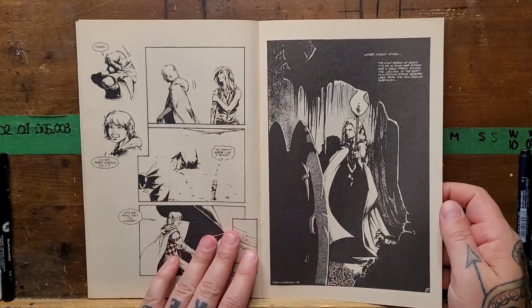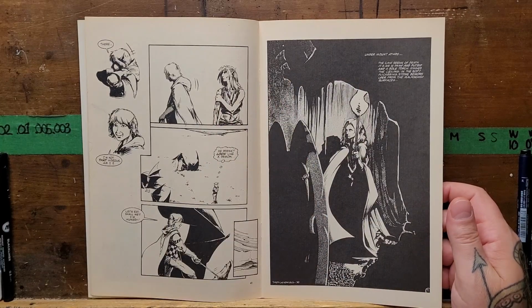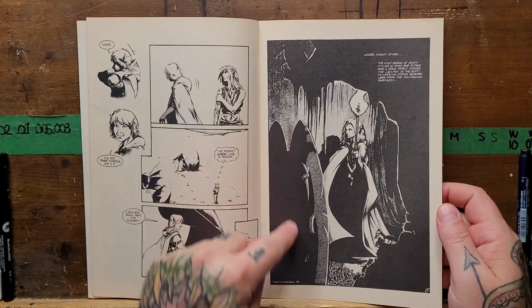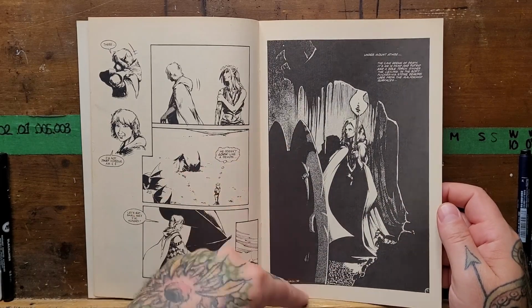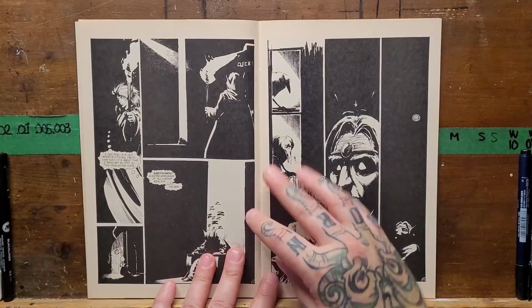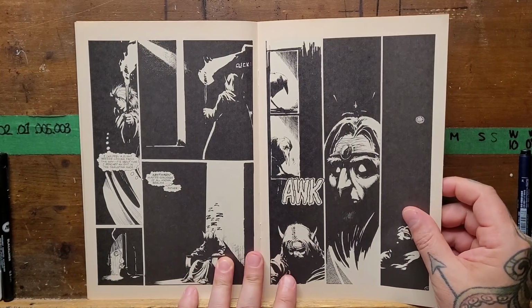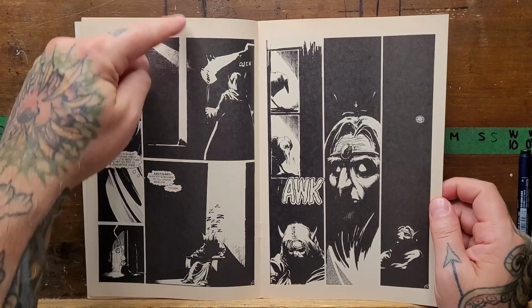And then again, this gets inversed. So now we've got tons of black on the pages, right? And again, the way the silhouettes are defining the environment is just enough so we understand, right? And again, economy of work in line. This page probably was done fairly quickly. And then you get more of that, right? So we get the inverse of, now we're clearly in a dark space with very minimal lighting. So we're getting a lot of silhouettes and stuff and stark